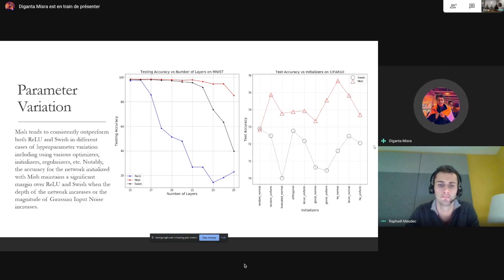So also in our tests, which isn't shown over here, it's in the paper, Mish is actually more robust to input Gaussian noise. So with increasing input Gaussian noise, the decrease in test accuracy is less for Mish as compared to that of Swish and ReLU. So that proves that Mish is more robust to input Gaussian noise that your input data might have. So that's a better option to carry as compared to Swish and ReLU.